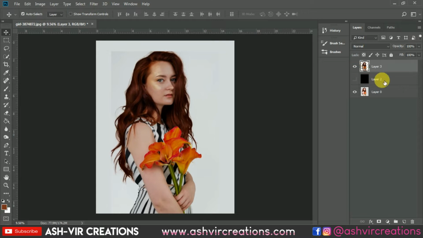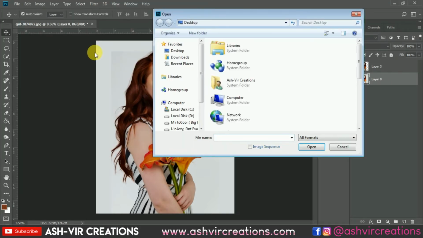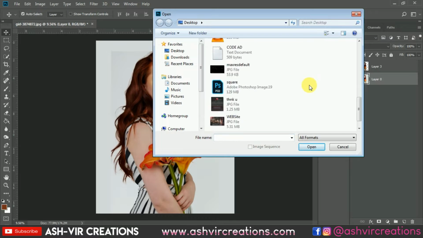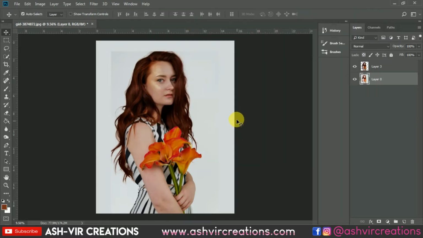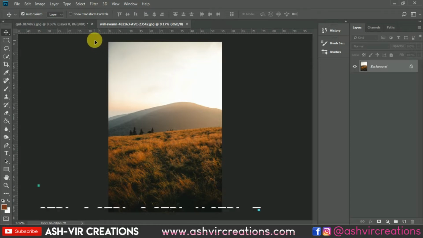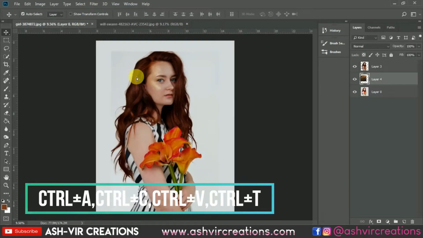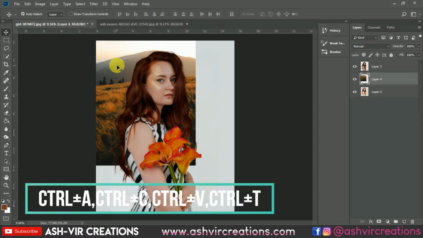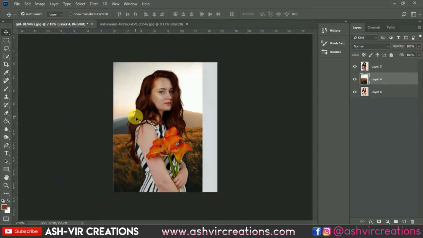So now let's add some background to the image. So go to File, click on Open and let's just browse this background. You can download this background from our website, the link is given down in the description. Just drag it and drop over here to keep it as our